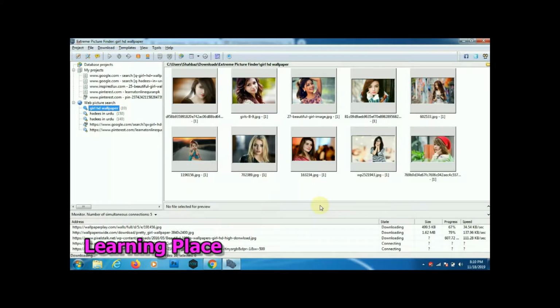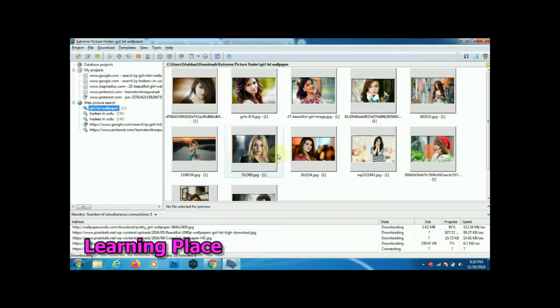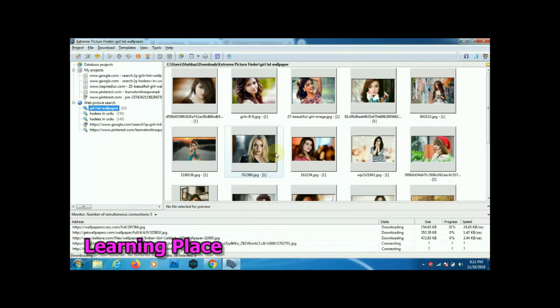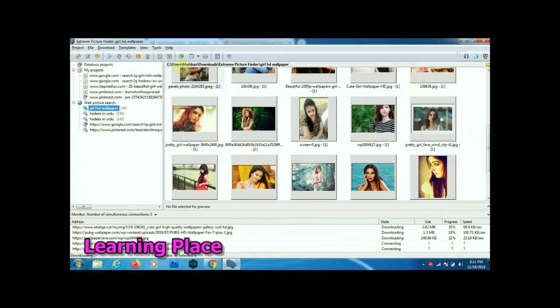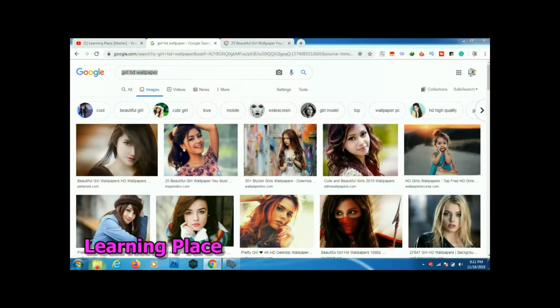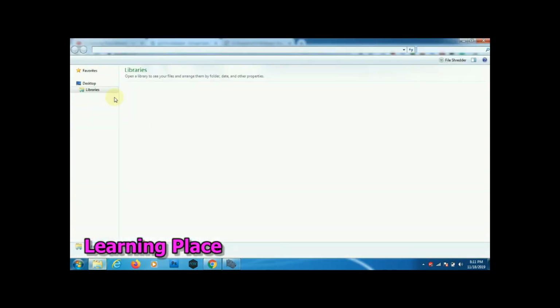Your gallery is ready. If you need any picture, then you save this image on your PC. I check how it is saved in a folder. Now I stopped and I checked, very good. So I stopped this and checked how to save in a folder.